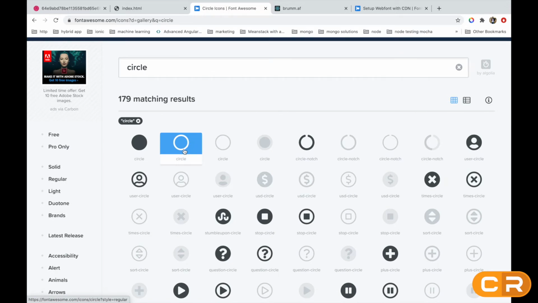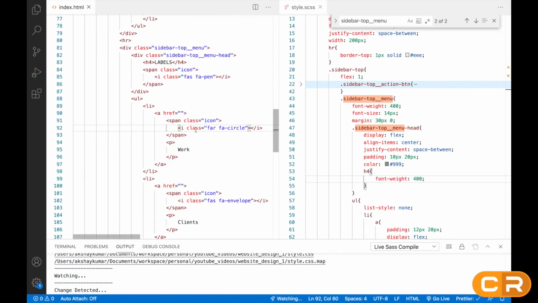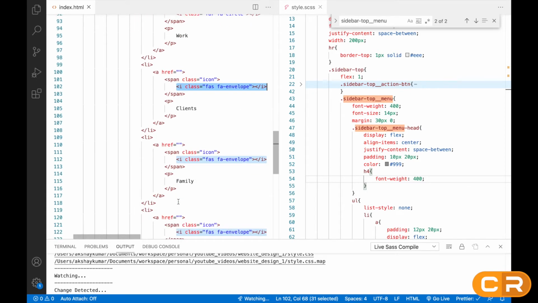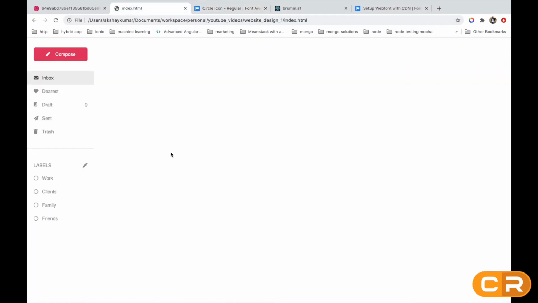I'm using this circle only, FAR FA-circle. I will just copy and paste it everywhere. Now we have to give a different color for each circle.